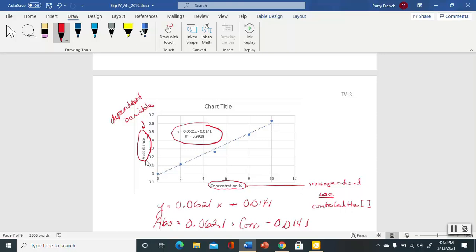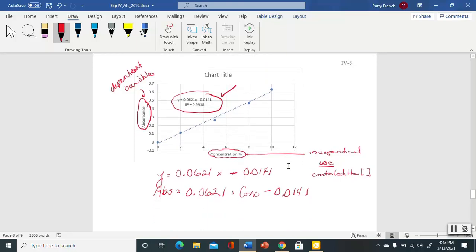dependent variable on the y-axis, and I came up with this equation of a line. Y equals 0.0621 x minus 0.0141. This, remember, is sort of our error. So absorbance equals our slope, this is our molar absorptivity, times the concentration, that was x, minus that little error,